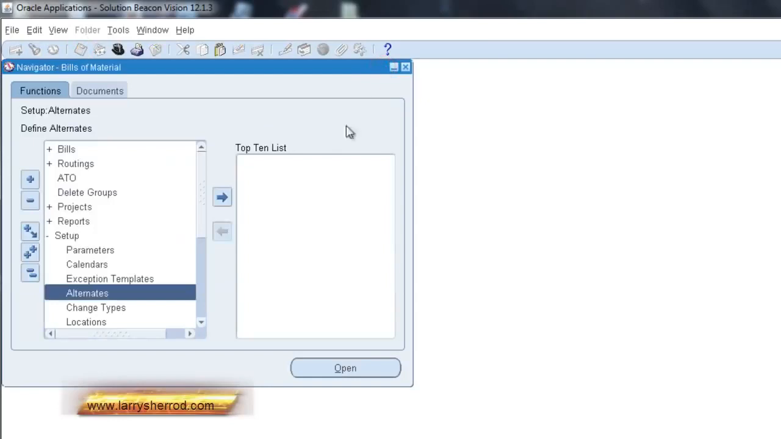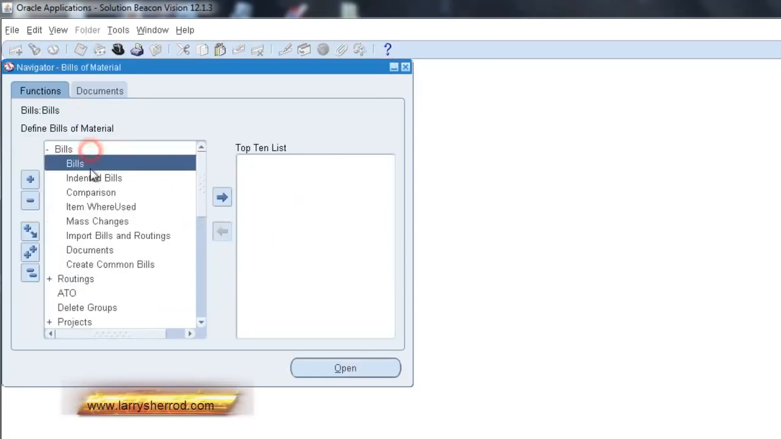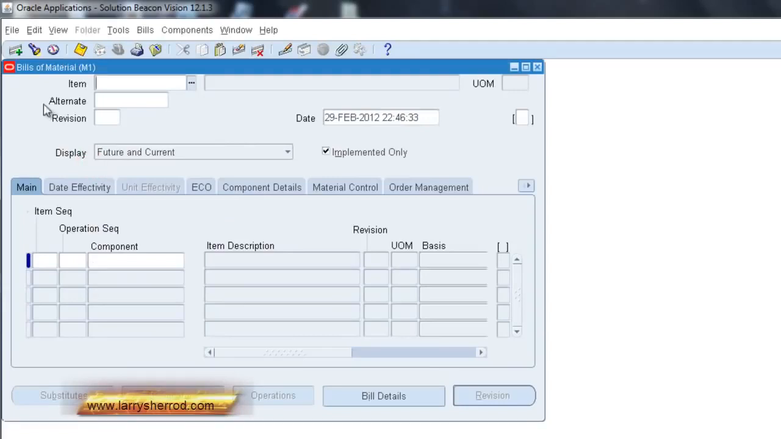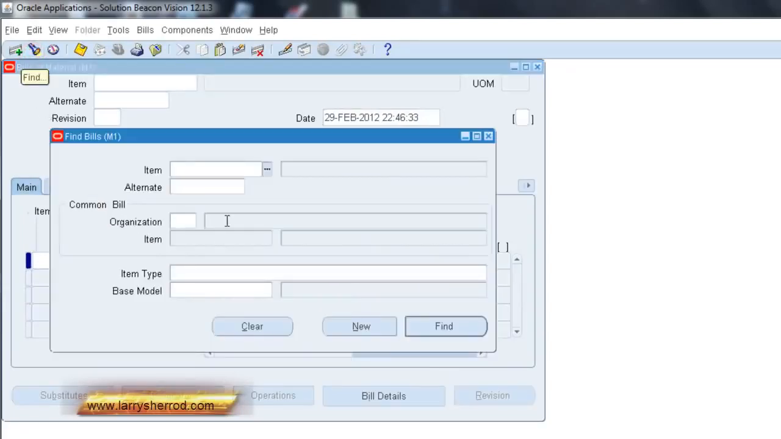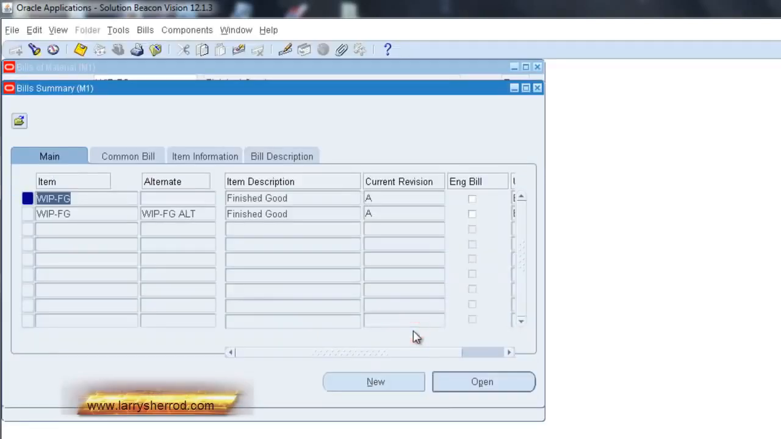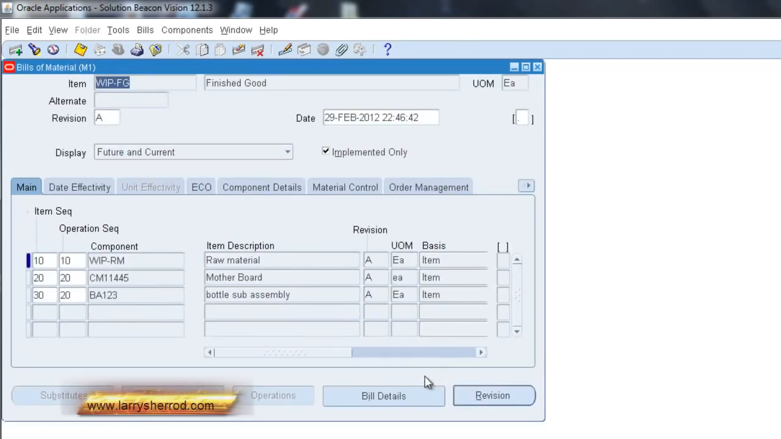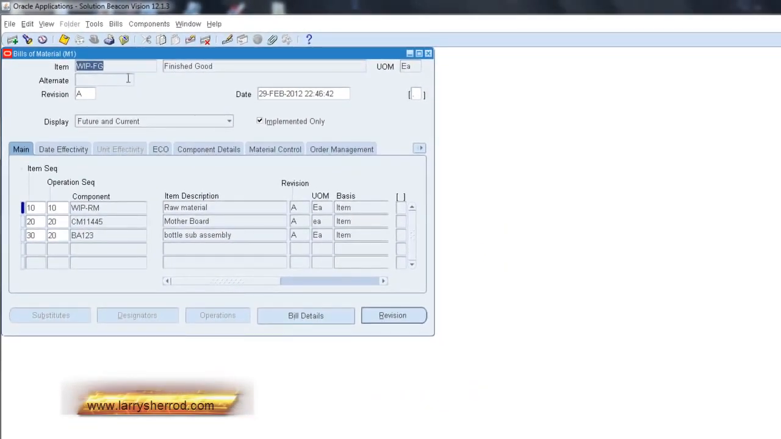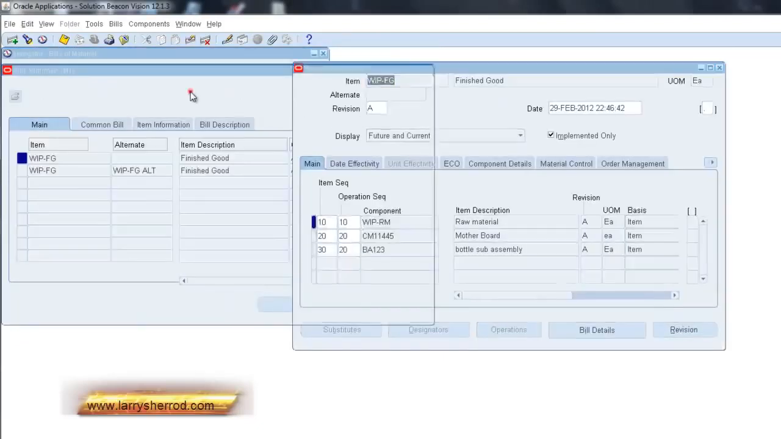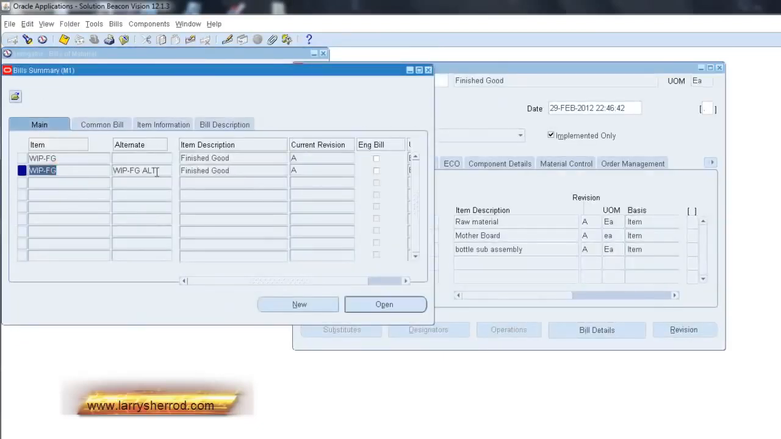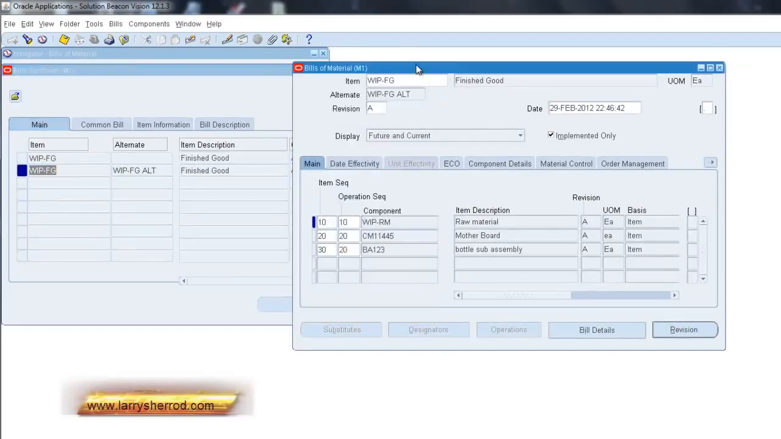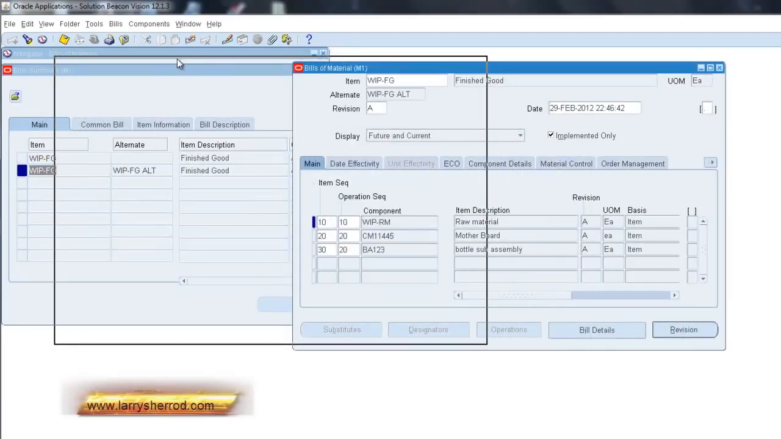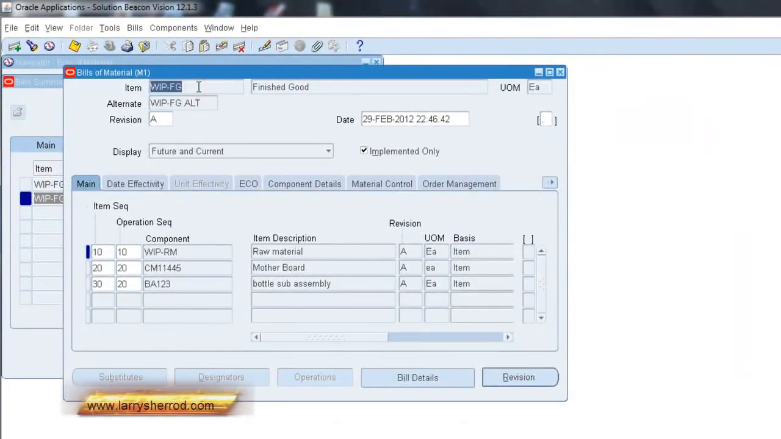Once you've created the alternate name, you can go back to your bills of material and query up an existing bill. Here we have an existing bill of material. Now you'll notice in this case it also has an alternate bill, but you can have multiple alternates to a primary bill. So in order to create another alternate, you can go to the new record icon,